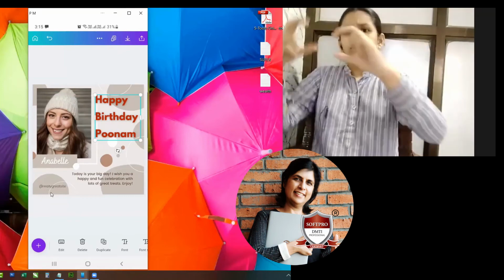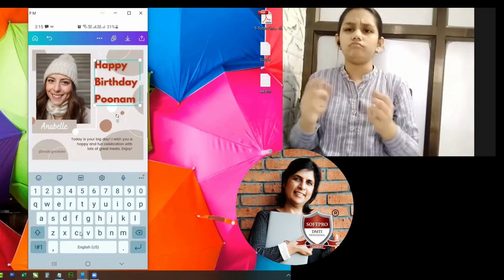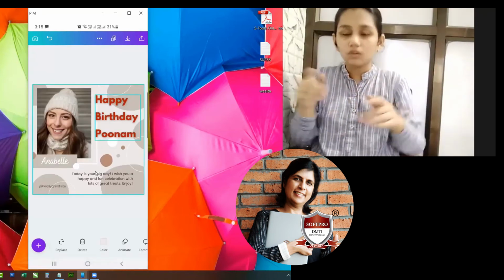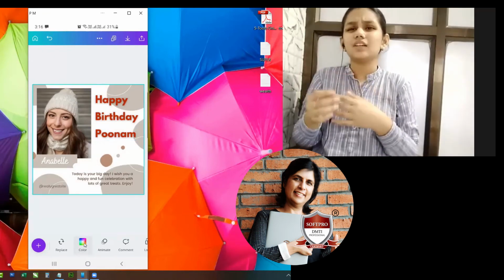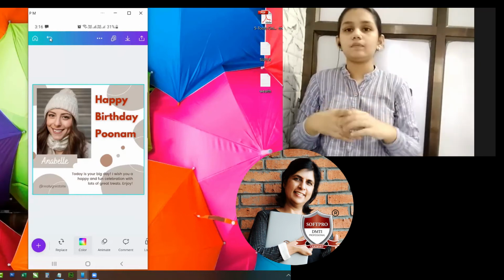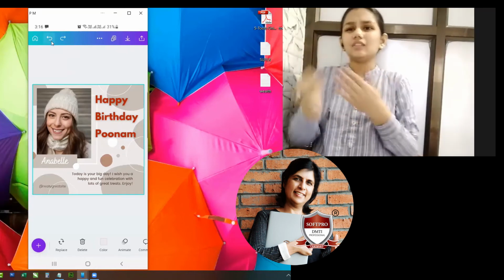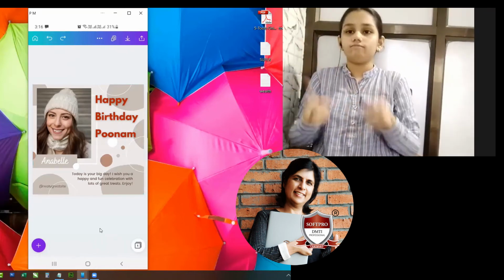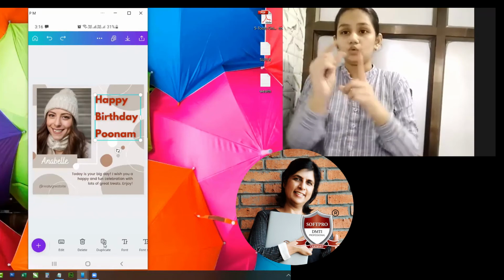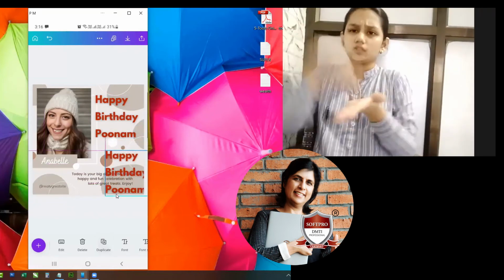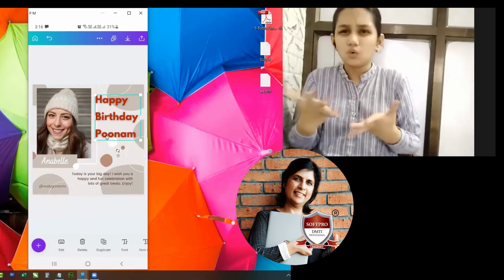Correct? Now, revision we are doing. Edit means I want to write something on it, so you can start writing with the keyboard. Correct? Second thing, delete. If I want to delete something, I can delete something. Right? Something has been deleted. If I say undo, on top this is undo. It will bring back whatever has been deleted. Correct? Then we have color. Then we have duplicate. If I want to duplicate the same text, if I click on it, I can have 2 of them. Correct? If I don't want, I can delete it. Correct?